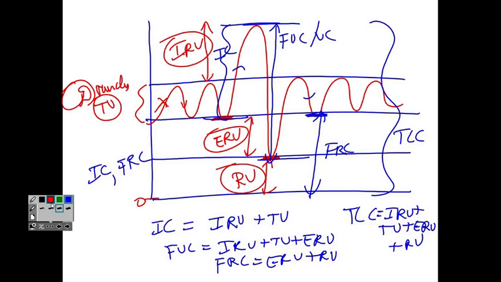Draw the graph if that works for you. IC is up, FRC is down. So what does it give you? Total lungs. If I have given you IC and ERV, IC is here, ERV is here. So what can you calculate? Forced vital capacity. So for these questions, I think when you draw, it's better. You can easily see.